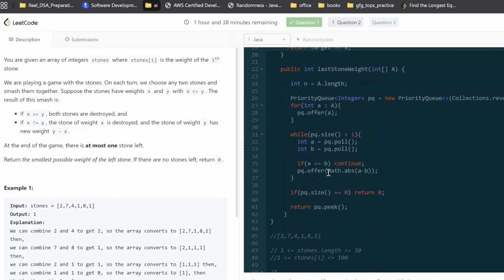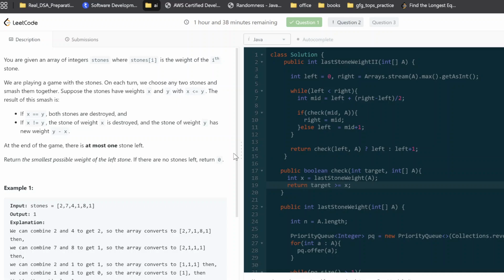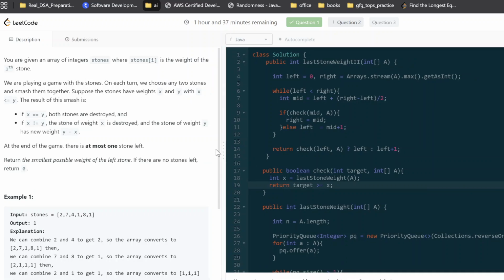What needs to be done now? With this course, I think this is indeed the binary search, but at the end of the game, there is at most one stone left. Return the smallest possible weight of the left stone. So whatever value we are passing, if it is less than target,